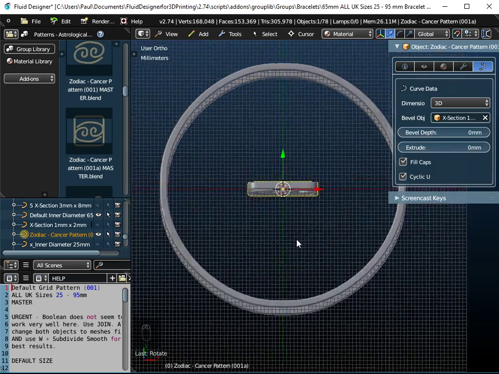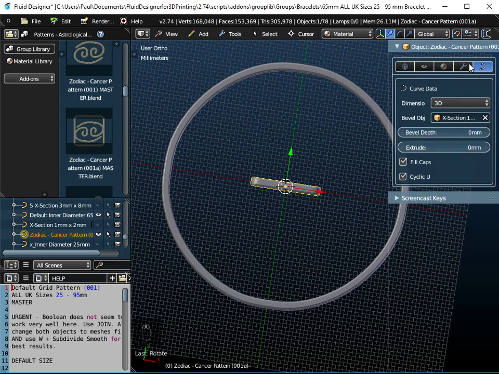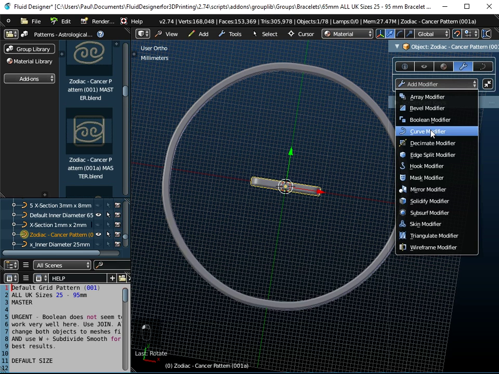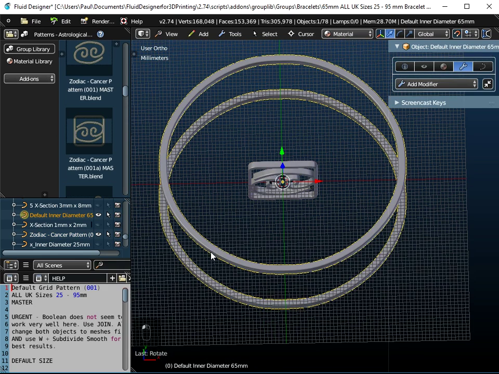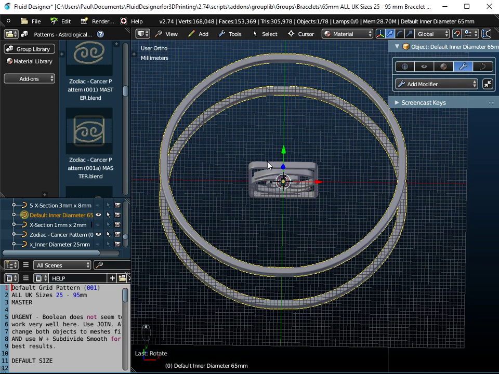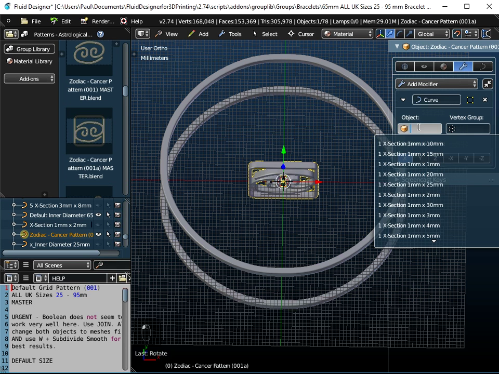That will rotate it 90 degrees. Now what I want to do is to wrap this object around my bracelet. And I can do that using a curve modifier. My bracelet itself is default inner diameter 65. That's the object's name. So that's what I need to wrap my Cancer pattern around. So if I just scroll down here and look for default inner diameter 65 millimeters, that will wrap